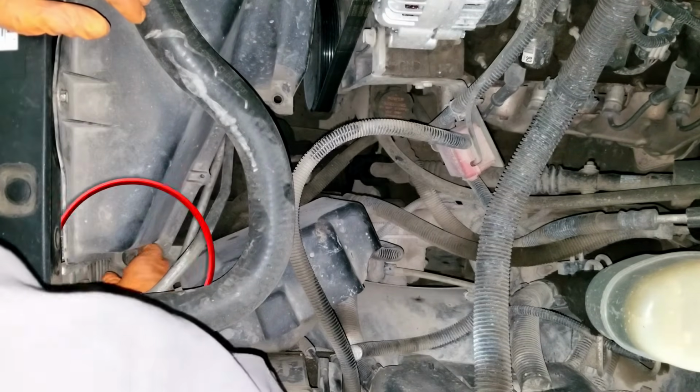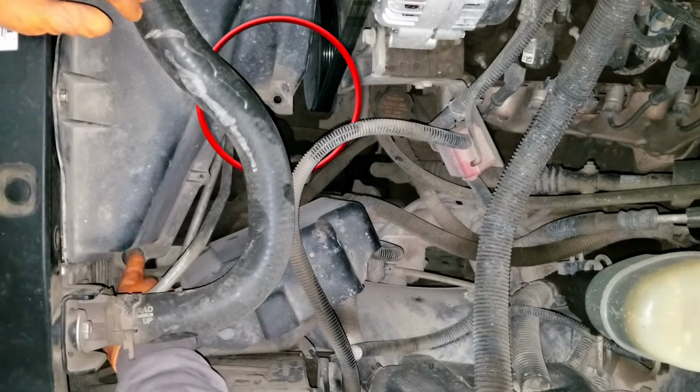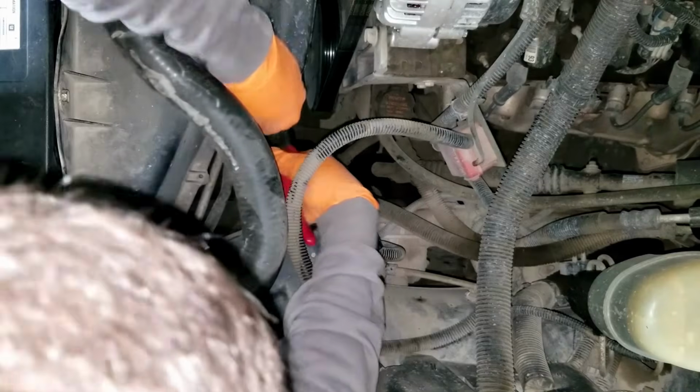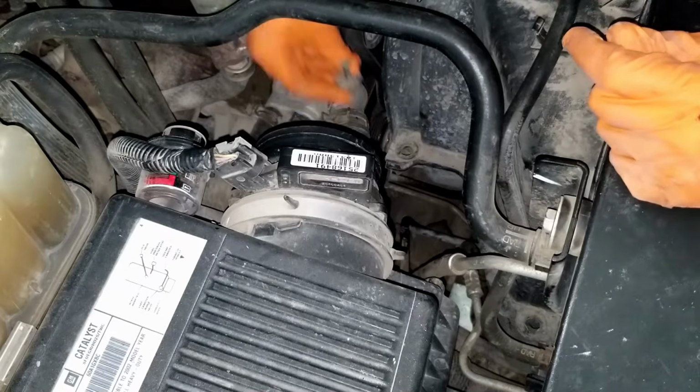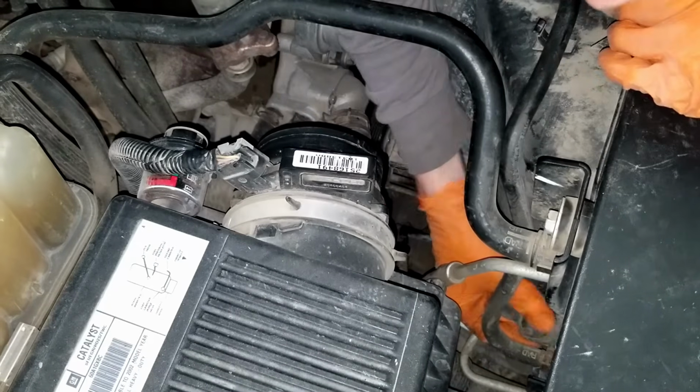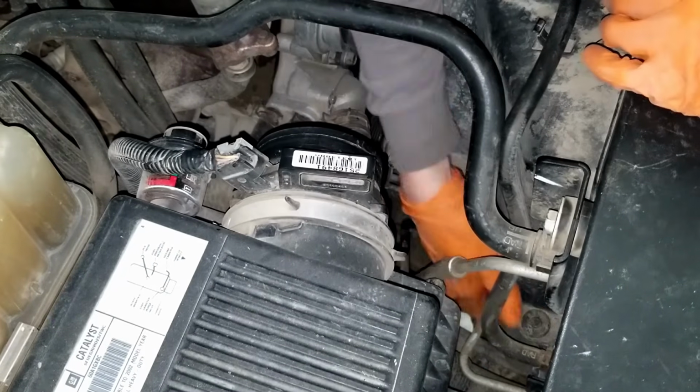So here's one on the driver's side. The other one was missing. It just had a zip tie, so I'll just install a zip tie again and cut off the rest with the side cutter. On the passenger side, we have both, so I'll install the back one and the front one. With the shroud